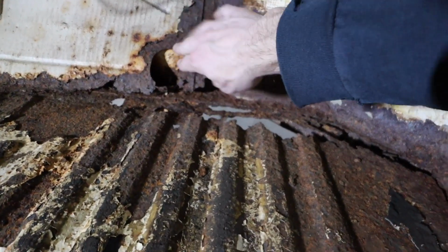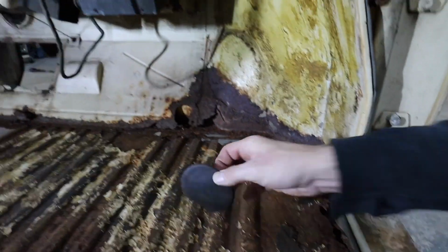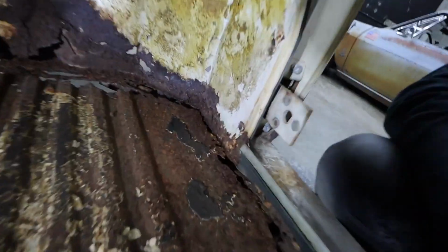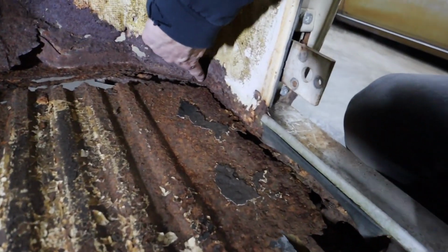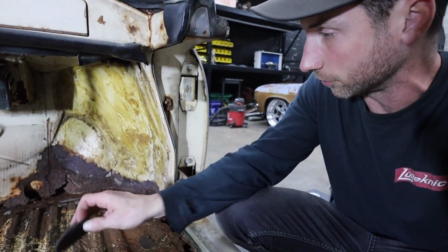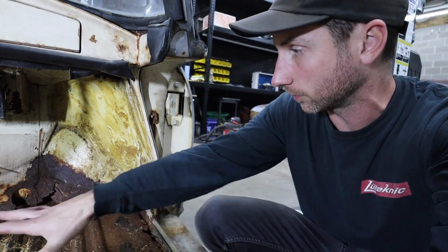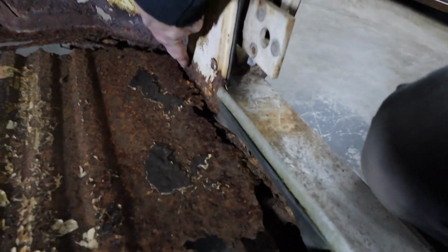These here had little plugs. I actually have one right here. These little plugs cover up your body mounts. It's all pretty rotted in there. So there is a little bit of a lip here, but unfortunately it's basically gone here. If that lip had stayed somewhat sound, I'd be able to just plug weld flat sheet metal to it to work out to the Beetle pan. But unfortunately that's all gone. All along here